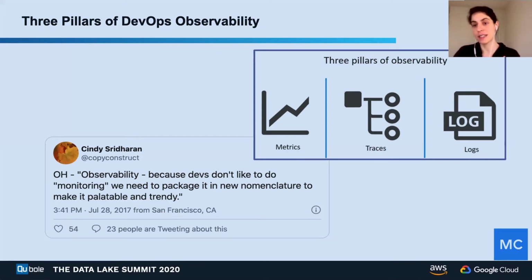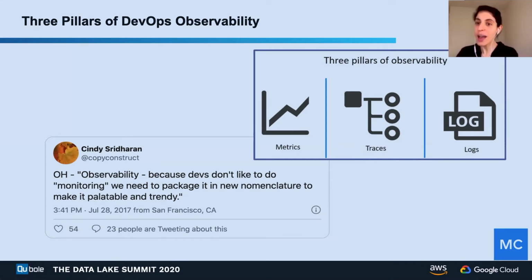Now, these are all concepts that are very, very well known in software engineering. And honestly, if you think about it, every engineering team that respects itself has some way to measure observability, right? Potentially something like New Relic or PagerDuty that DevOps teams use to manage and optimize and reduce downtime of their applications.